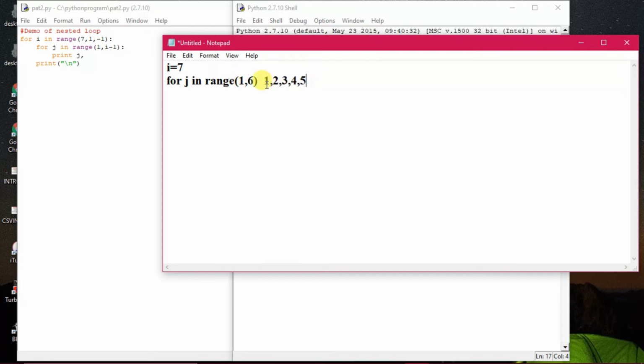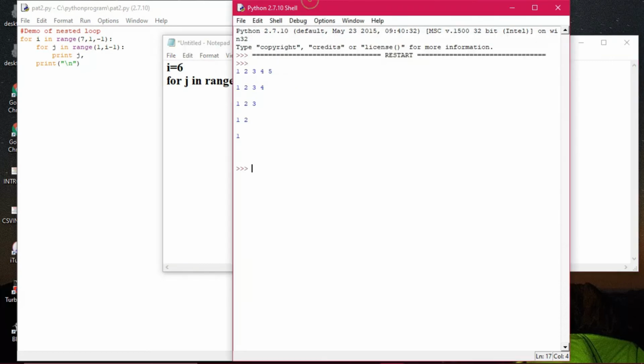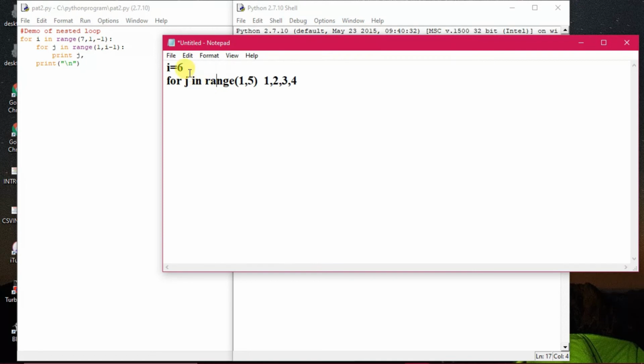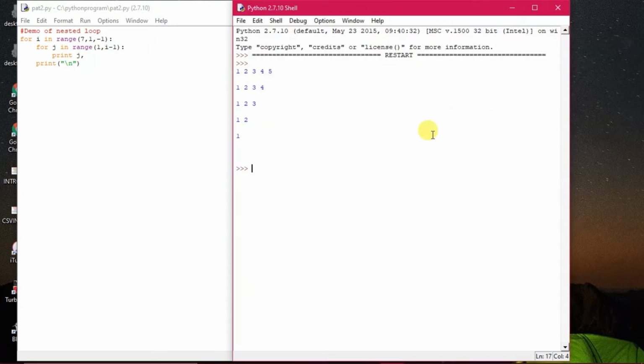So when i will be 6, what is happening after 7? Because minus 1 has been given, 7 becomes 6. Then 6 minus 1 is how much? It will be 5. Then it will be one less, that means 1 2 3 4. 1 2 3 4 will be printed, yes or no? Just check out, 1 2 3 4 has been printed. So in this way it will keep on executing. When the i value is 5 after 6, then 5 minus 1 means 4, so 4 will be printed. So this is the execution of this particular nested loop program.